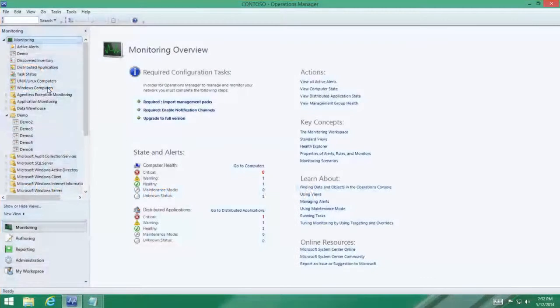Ryan, I'm going to run through a couple scenarios and see if you can come up with some dashboards that might be meaningful for me. That sounds good. I'm responsible for the Active Directory instances, the domain controllers at Contoso. We've got data centers in multiple locations across the world. I want to be able to visualize those,